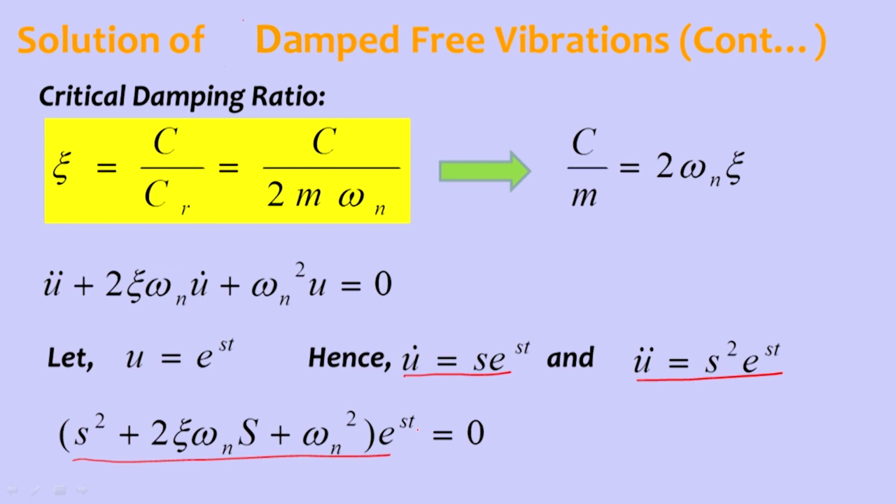For a non-trivial solution, the e to the power of st term cannot be 0, but for the trivial solution it can be 0. That means u is equal to 0, so there is no solution at all. So, upon working further by making this bracket term 0,